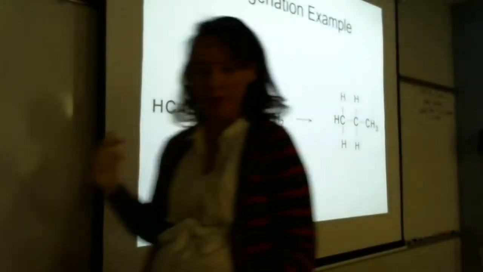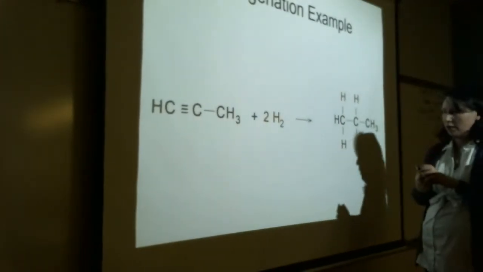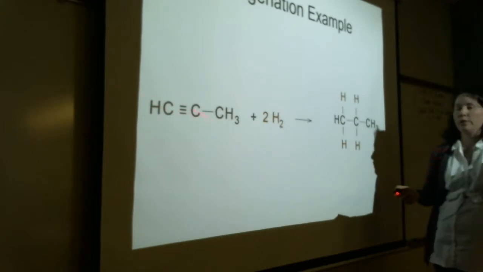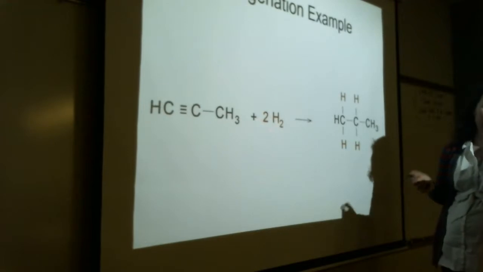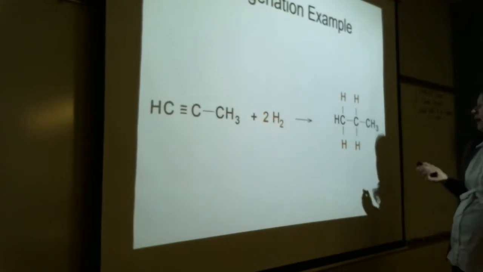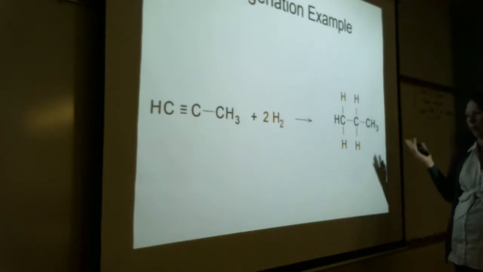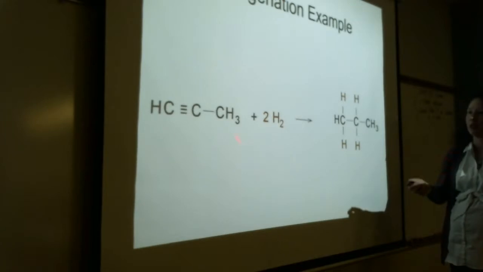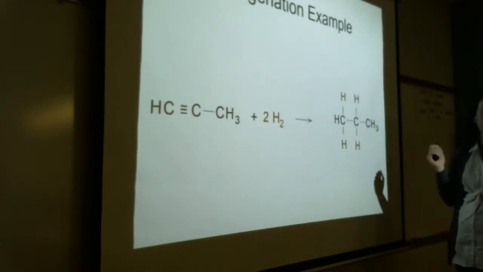So make sure you add hydrogenation to your chart, if you're keeping track of your chart of reactions. Your reactant would be some sort of alkyne and 2 molecules of H2. What would your products be? It would be an alkane. Nothing fancy to worry about in terms of Markovnikov's rule or anything like that. Just make a note to yourself that any substituents you had on the original alkyne would be on the alkane